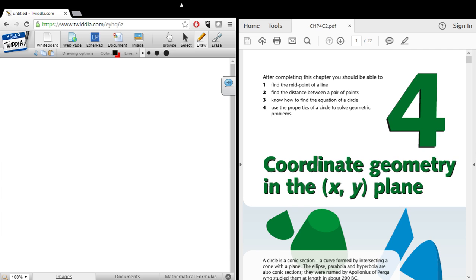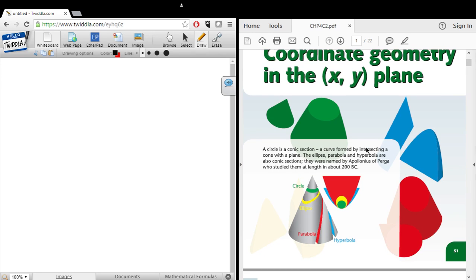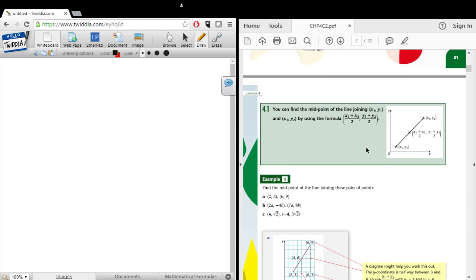So we discussed the XY plane before when we were talking about curves, but now we're going to see things in a more geometrical perspective. So 4.1, you can find the midpoint of the line joining (x1, y1) and (x2, y2) by using the formula as follows. So remember we mentioned before that we have a line